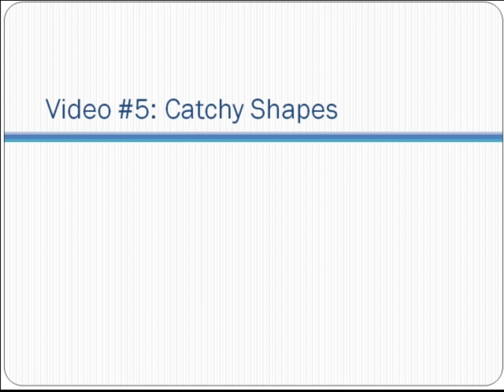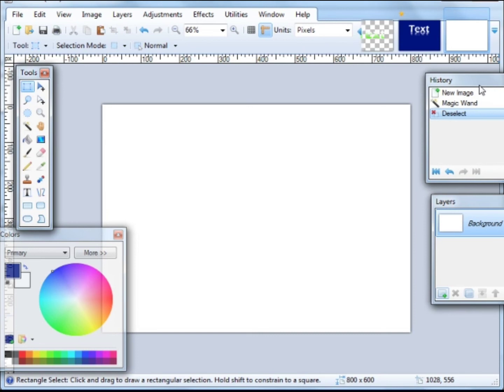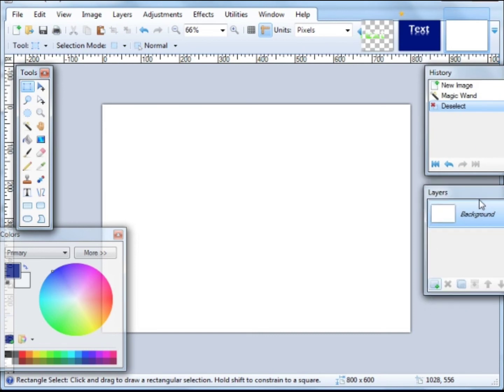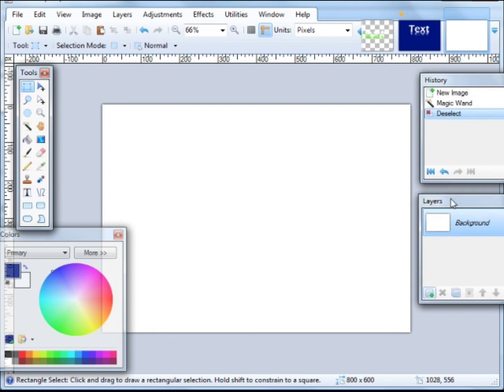Hey, and welcome to video number 5. We're going to talk about how to create catchy shapes that you can add to your designs. Creating shapes is very easy to do, and I do want to make a mention here that if you ever want to, refer to the layers video or refer to the plugins video in the future,